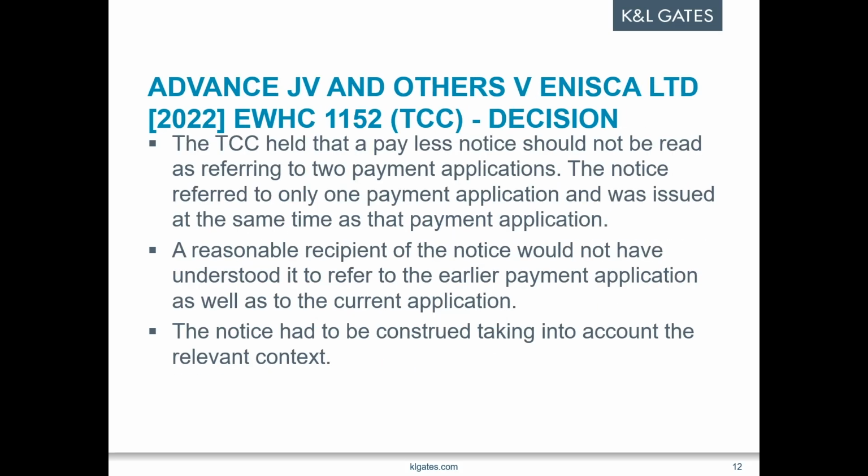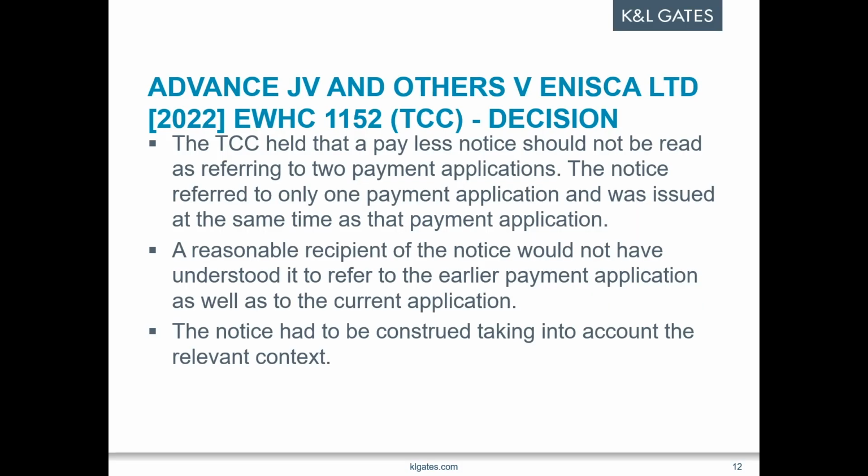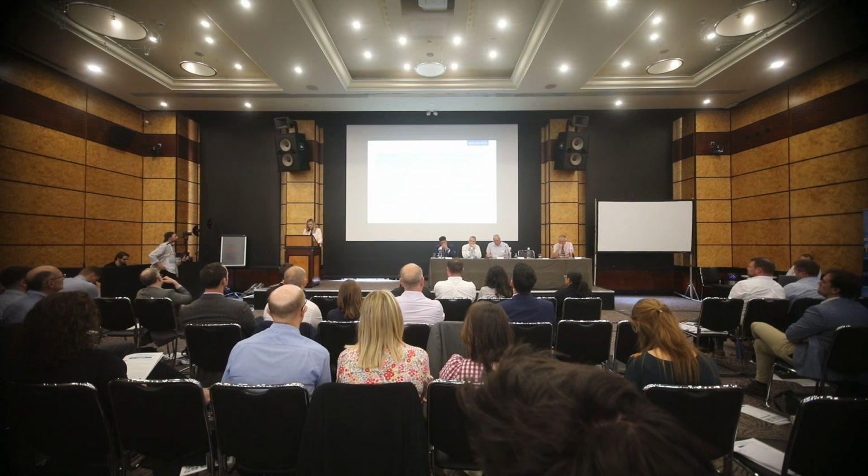So, what did the court say? In the Technology and Construction Court, the judge commented that the construction of the notices must be approached objectively. How would a reasonable recipient have understood them, taking into account the relevant context? And the judge did also refer to Coulson on Construction Adjudication, which I'll just read out to you. The courts will take a common sense, practical view of the contents of a pay less notice and will not adopt an unnecessarily restrictive interpretation of such notice. It is thought that, provided that the notice makes tolerably clear what is being held and why, the court will not strive to intervene or endeavour to find reasons that would render such a notice invalid or ineffective.